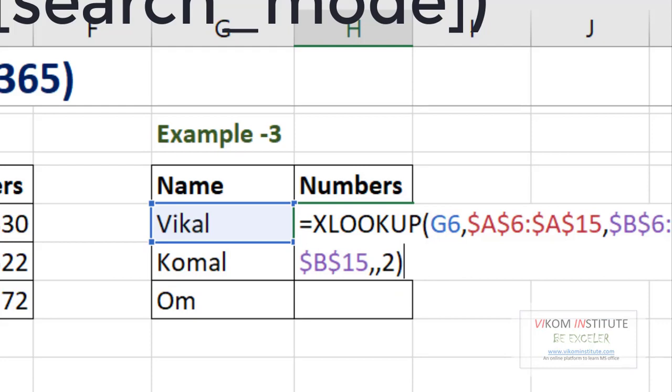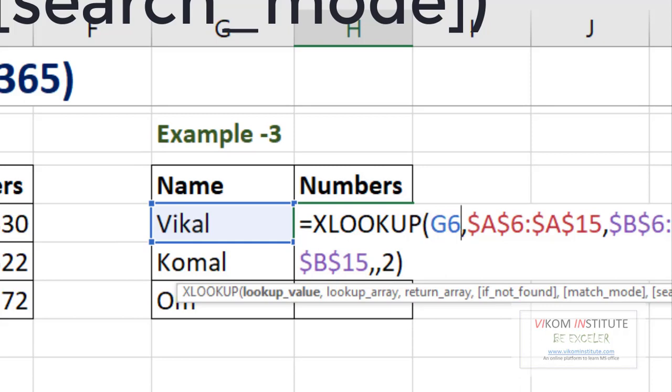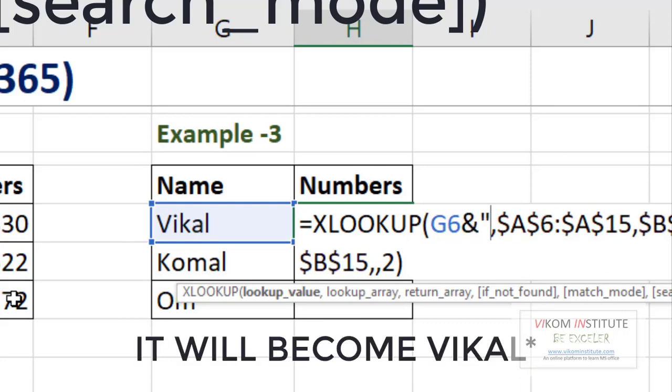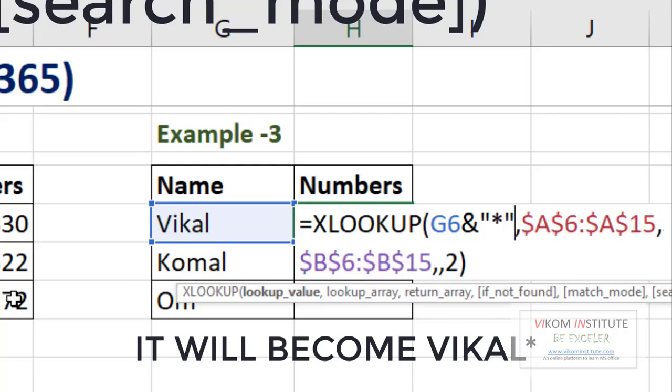We need to use an asterisk here, since the lookup value alone is not going to deal with this data. So I'm using an asterisk now.